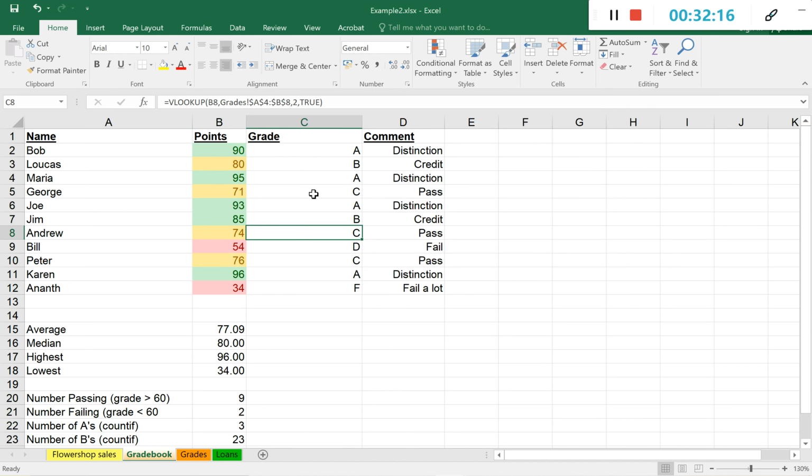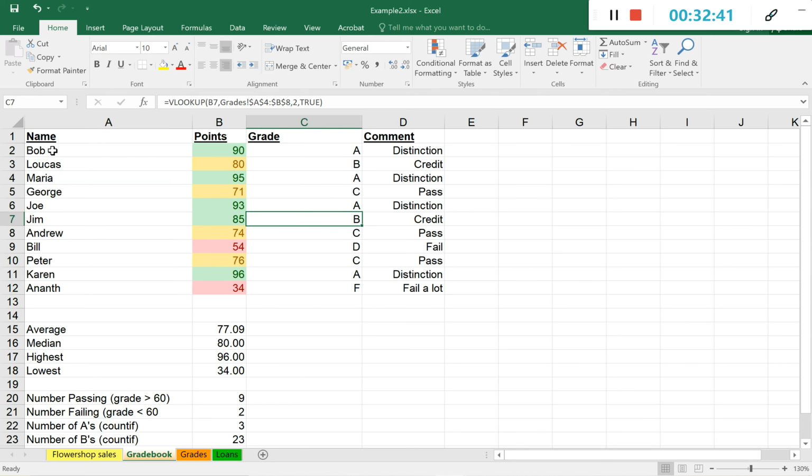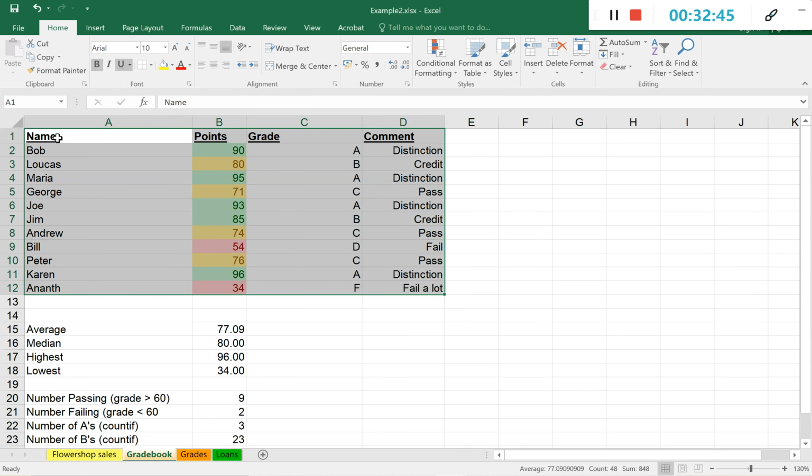Okay, now it is the conditional formatting. We just change the color of the points given the range of the points. Now we can sort the columns given the descending order of the points. So we should select the area from A1 to D12. We can click